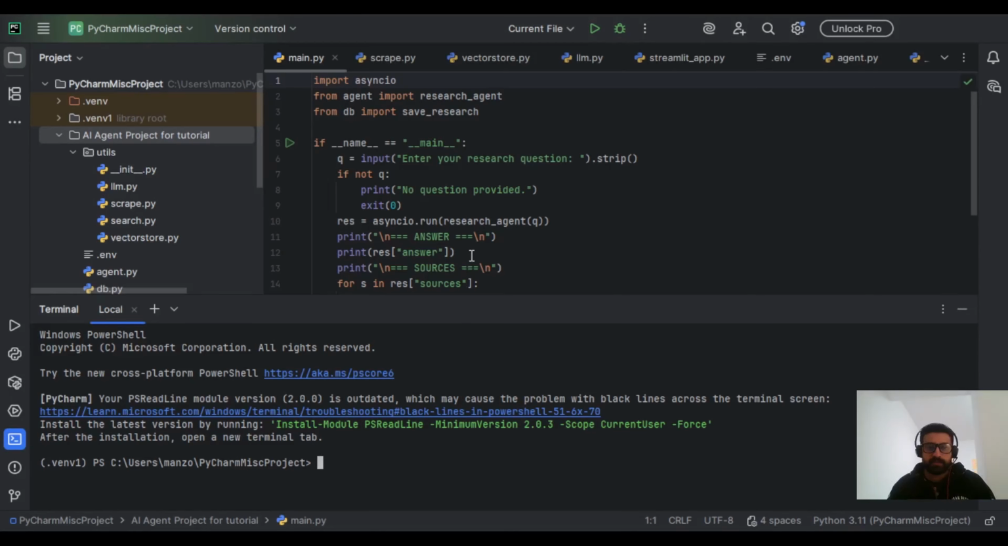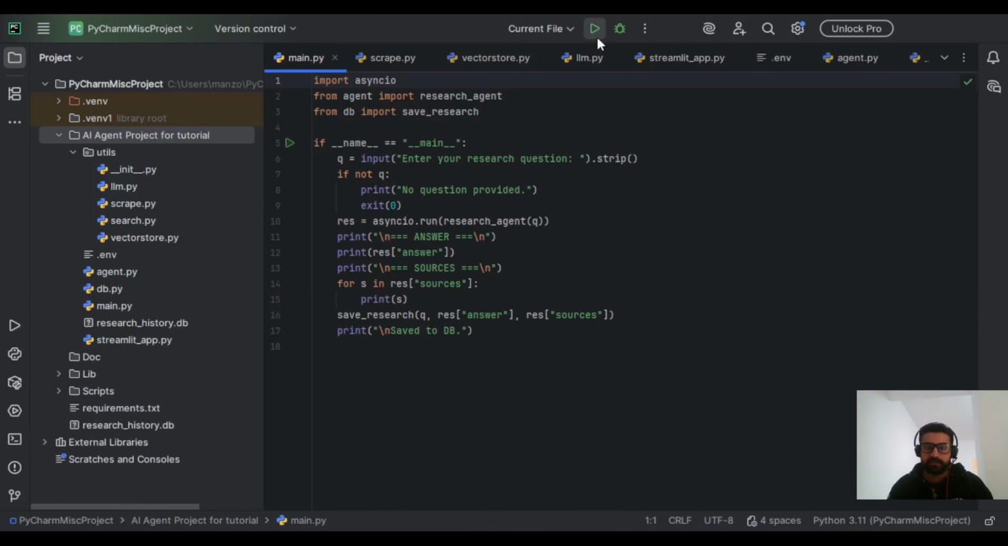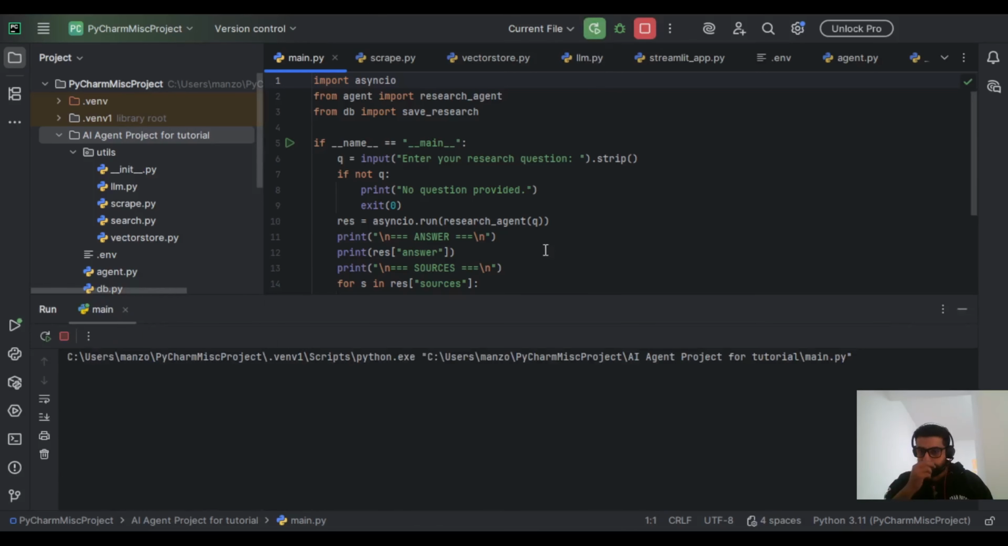Hi guys, so today I'm going to share with you a very interesting project that I made, and it's using LangChain. I've made this in Python, PyCharm specifically. So let's look at what my program does. So when we run it, this is basically an AI research agent that I've made using LangChain,